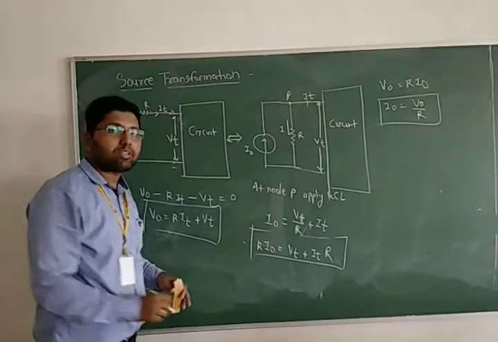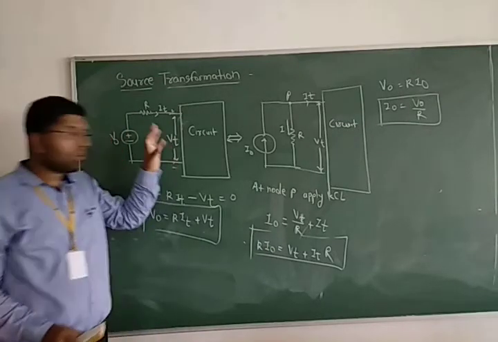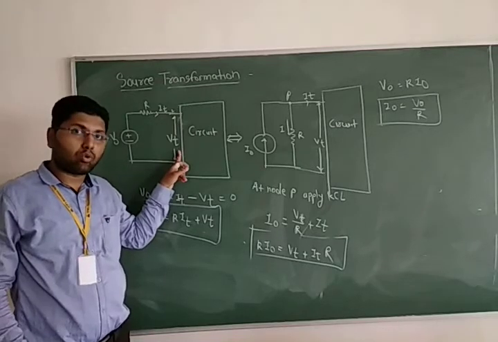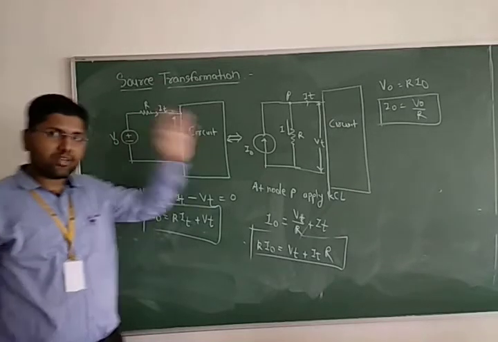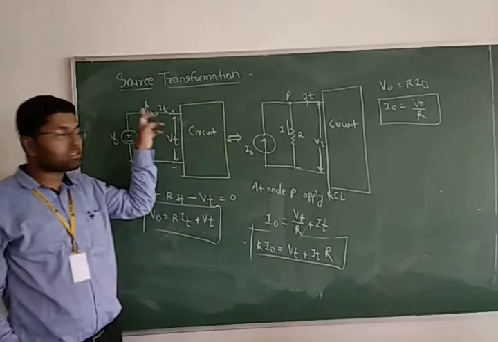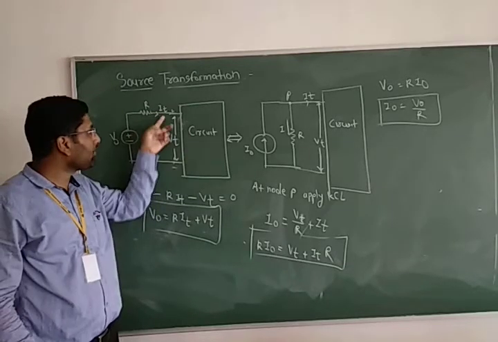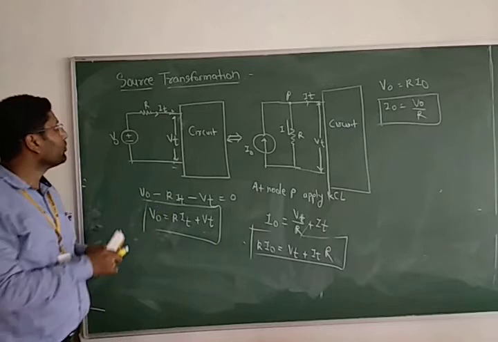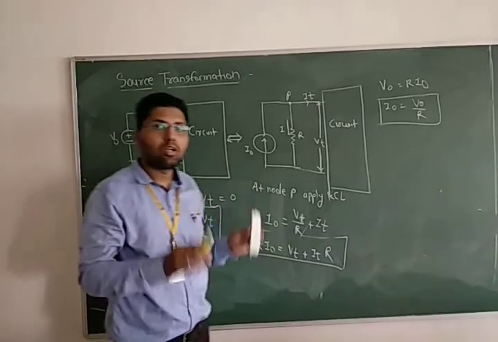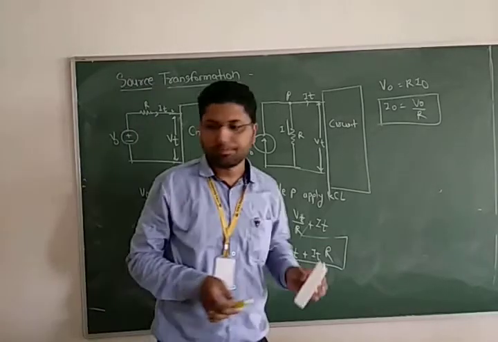And one more thing you have to remember while converting it: you don't have to change the terminal current, and you don't have to change the terminal voltage, because they are fixed and they are going to the whole circuit. So don't touch that terminal current. You should not change the terminal current and the terminal voltage. So for that purpose, we have to do the source transformation correctly. There are rules for the source transformation. So we will see some rules for the source transformation.